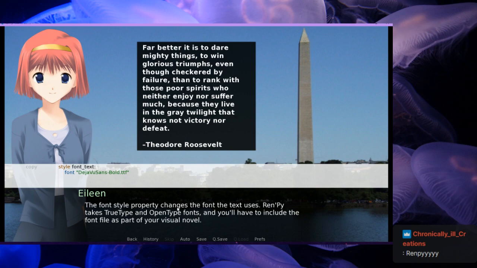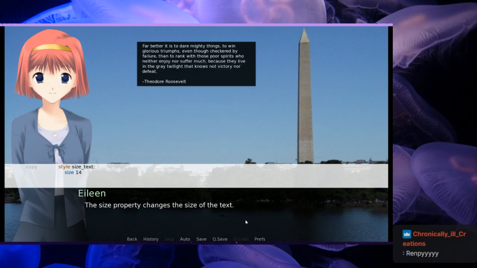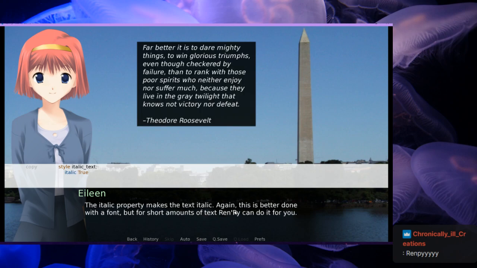The font style property changes the font the text uses. Ren'Py takes TrueType and OpenType fonts, and you'll have to include the font file as part of your visual novel. The size property changes the size of the text. The italic property makes the text italic. Again, this is better done with a font, but for short amounts of text, Ren'Py can do it for you.